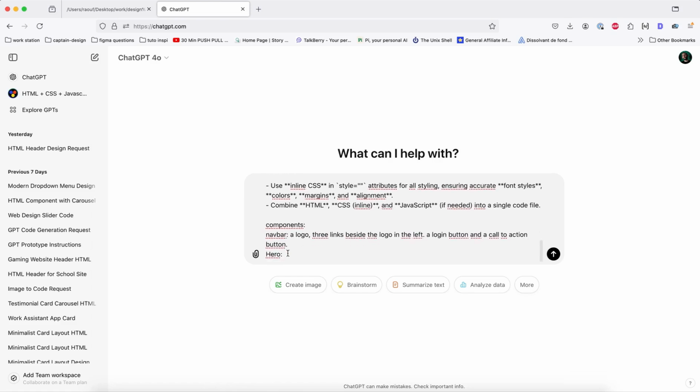And then for the hero, I'm going to ask it to add a headline,